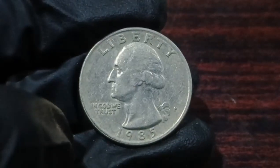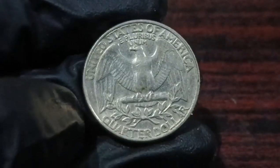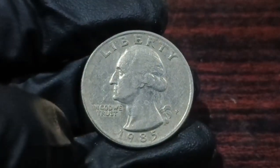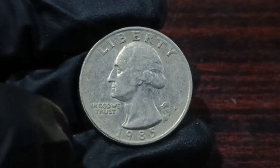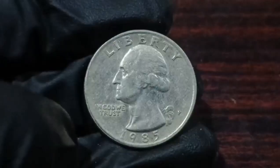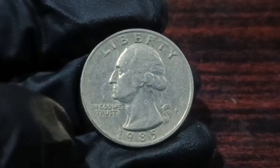Such tales fuel the imagination and inspire countless people to search their collections, hoping to uncover hidden wealth. The idea that a simple coin could be worth more than a luxury car or even a house adds a thrilling dimension to numismatics. Some rare specimens of the 1985 quarter have been valued at staggering amounts due to exceptional condition or unique characteristics. In pristine uncirculated grades, with flawless surfaces and mirror-like luster, certain examples have been appraised at